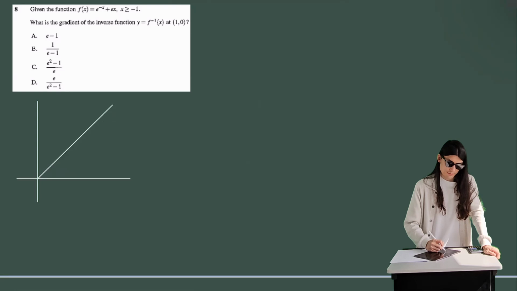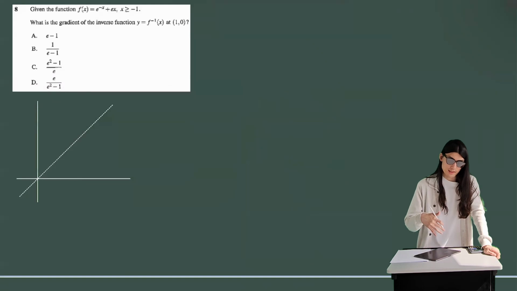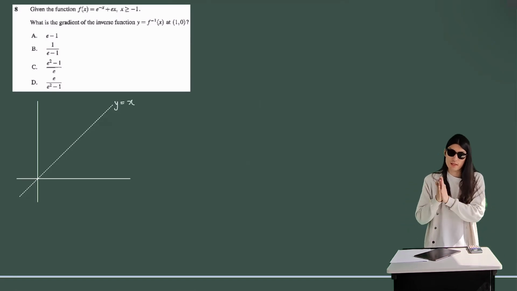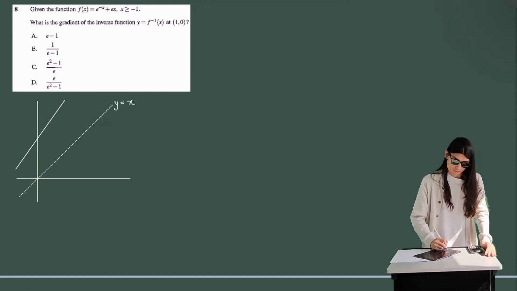You guys know that the graph of a function and its inverse are symmetrical about the line y is equal to x. Now, that's not the property that I'm trying to get you guys to recall. That's a property that a lot of students can remember very well, right? So if you have the graph of f of x like this,